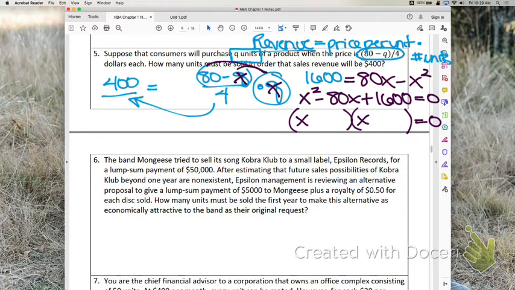So the closest together factors of 1,600 are 40 and 40. 40 times 40 gives me 1,600. You'd have a calculator for this, and I know that's a little bit like guessing, but the square root of that gives me 40 and 40. And in fact, that does add up to negative 80 in the middle. It also makes it easy to not have to choose an answer because they're the same. So we must sell 40 units of this product,